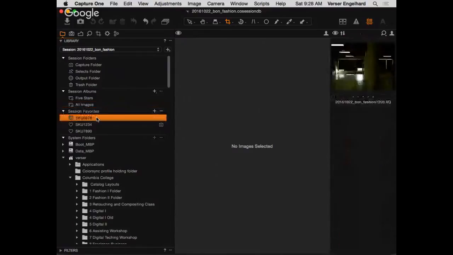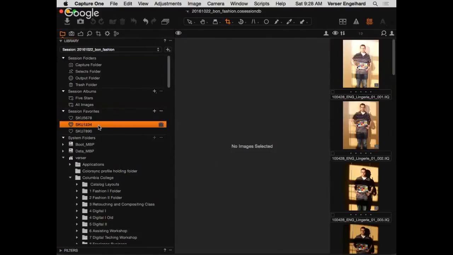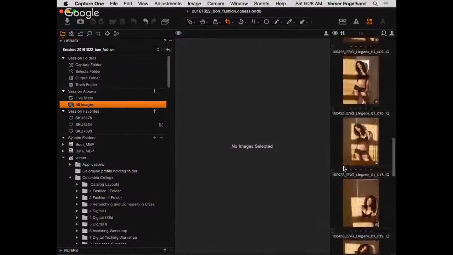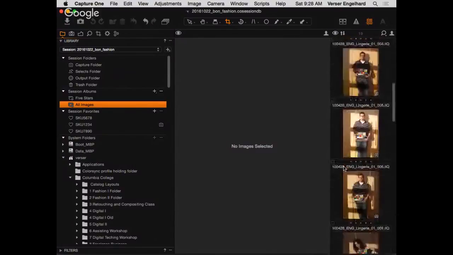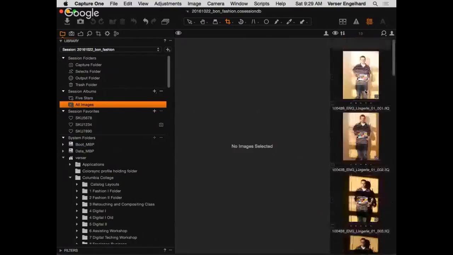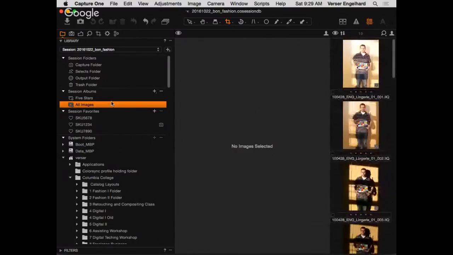Because I've got in this SKU 5, 6, 7, 8, I've got a picture of the studio. In 1, 2, 3, 4, I've got those guys as well. If I click on All Images, it should actually be showing me everything that is in my subfolders, and it's not. And you cannot build this. So I'm just going to chalk that up as a bug in here. So the answer to your question in that regard is, at least right now, not, but I'll show you ways